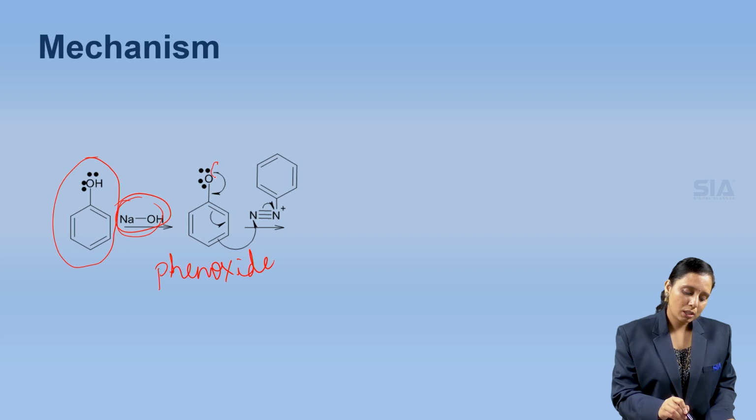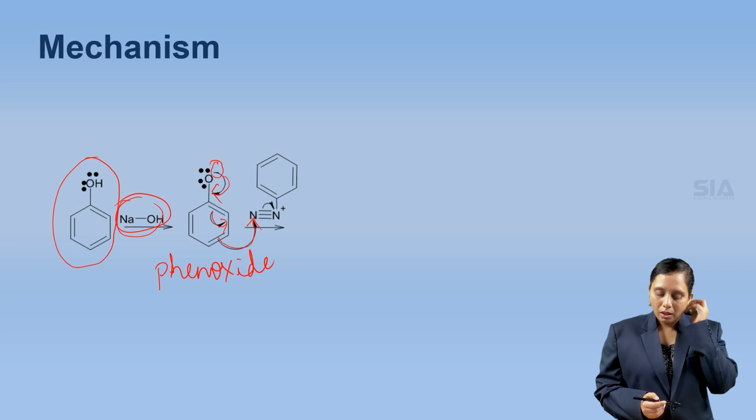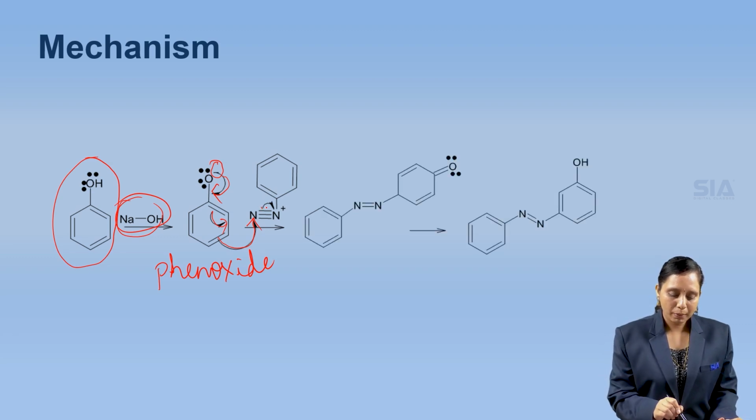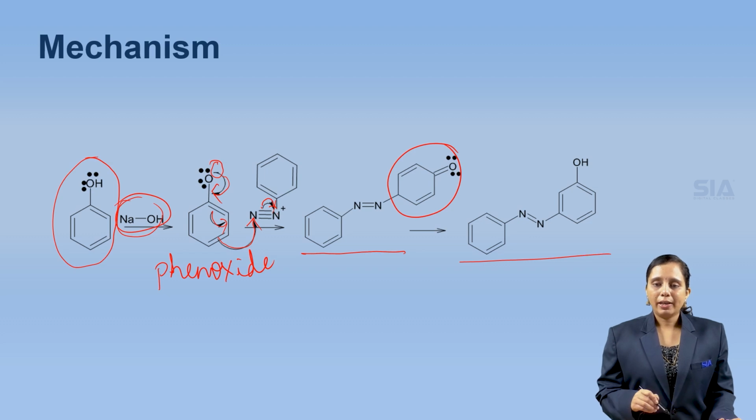That means the negative charge present on the oxygen will be converted to a double bond here, a delocalized double bond, and this double bond is shared with the azobenzene in BDC. Then there is a double bond here, and the triple bond between the two nitrogens in BDC will be shifted to the nitrogen with positive charge here. Then we get this intermediate, and on further delocalization we will get the compound para-hydroxy azobenzene. This is the azo coupling reaction.